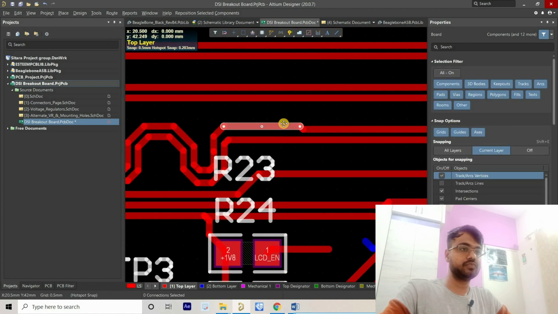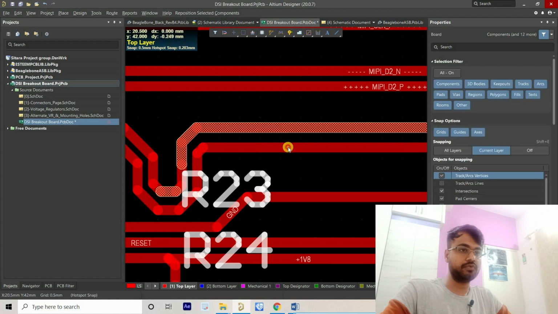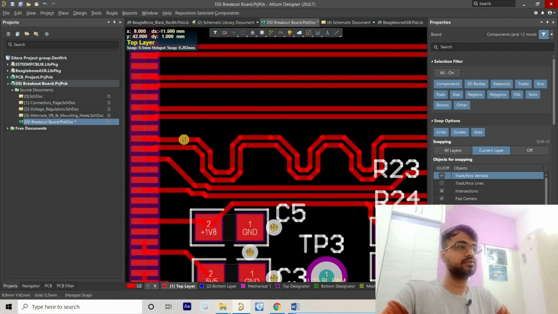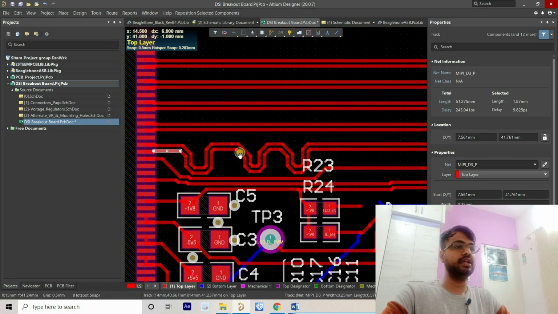Here we go. We have to adjust a bit. Now again check the length. So see, this is how you have to adjust the length, right?